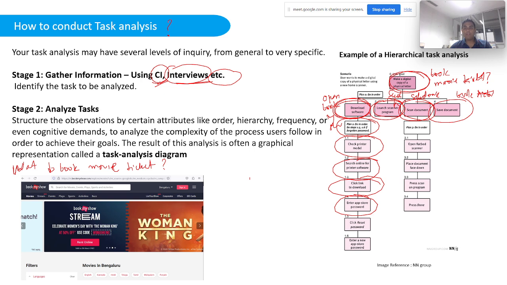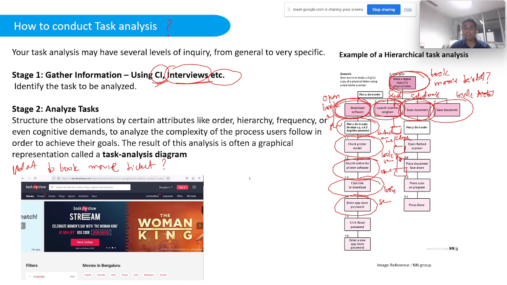Before opening, probably you need to switch on your mobile, then you look for the BookMyShow icon, then you open, okay, and then you look for the search bar. Now searching may involve you clicking on the search bar, then typing the movie name, or you